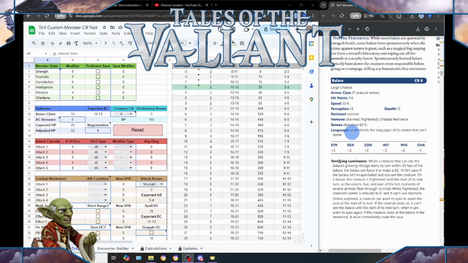Today's episode we are looking at what is called a Balara, an interesting undead-like druid thing. It's some kind of enraged druid or something. Formerly a druid, I don't quite know. But anyways, before we get into looking at this Balara and seeing how its CR holds up to Tales of the Valiant's rules,